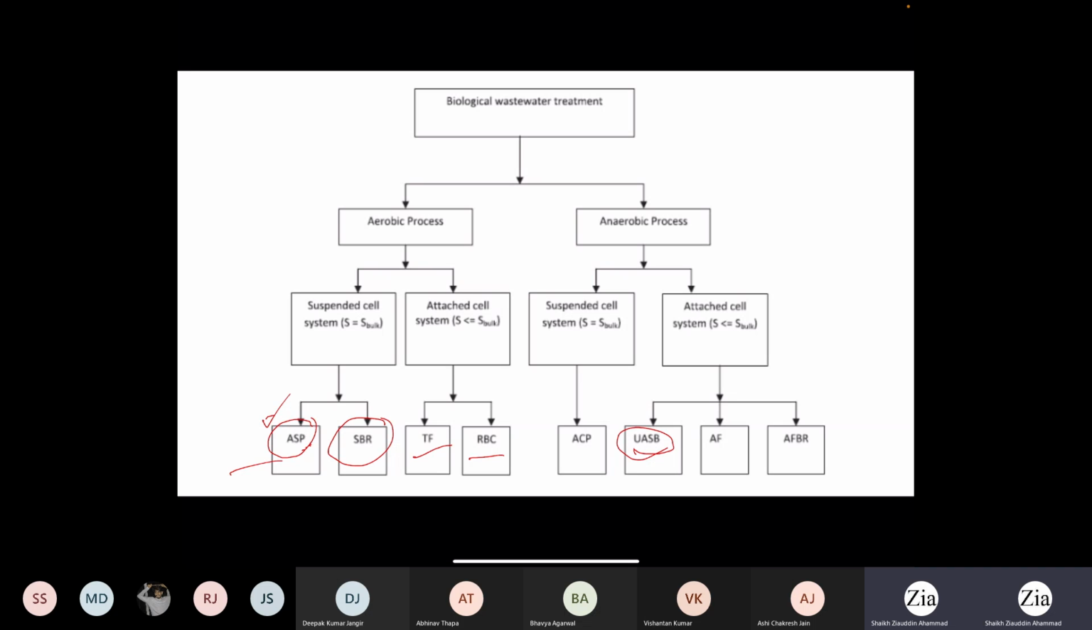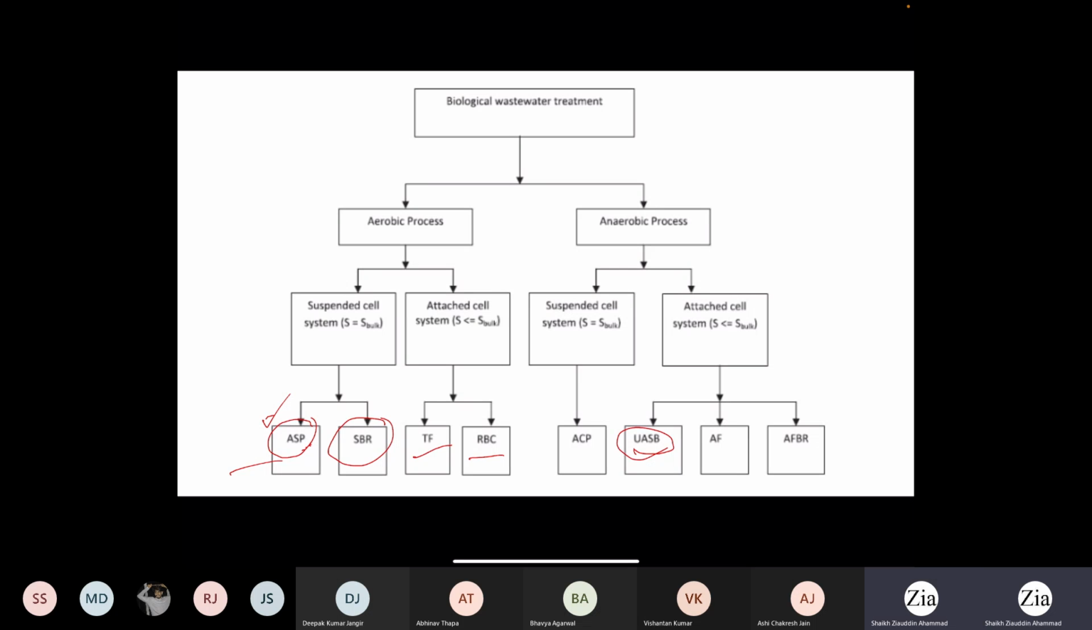Anybody has any question on this? So what are the differences between all of these? All of this means, are you talking about the last section? Yes, sir, the last one. Achha. So